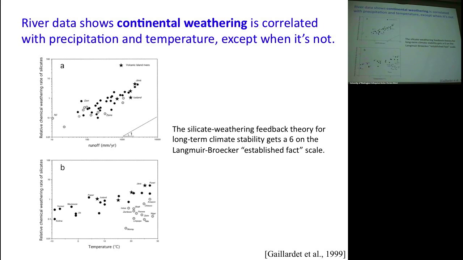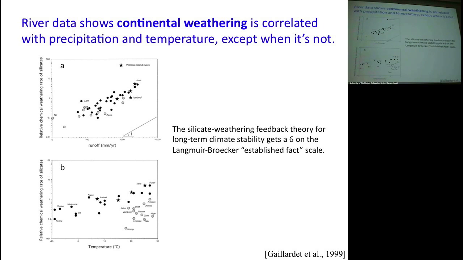Okay, so evaporation. Obviously this is supposed to be a function of both these things. So the situation could exist where you have low runoff, and that's what causes it. Even if the temperature is high enough, you don't have enough runoff to get the value of weathering that you would expect. So there may be some of that going on, but you also have the Amazon, which has a high runoff, having a below what you would expect value of chemical weathering.